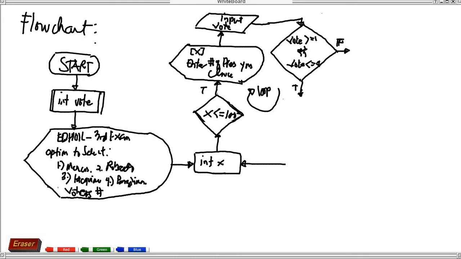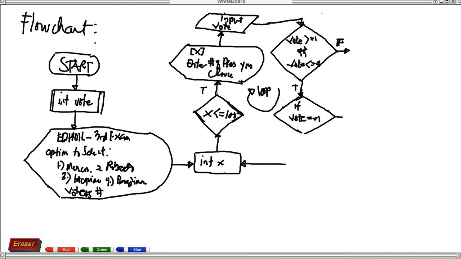If that is true, then condition na naman, if vote is equal to 1, meaning the number you press is 1,